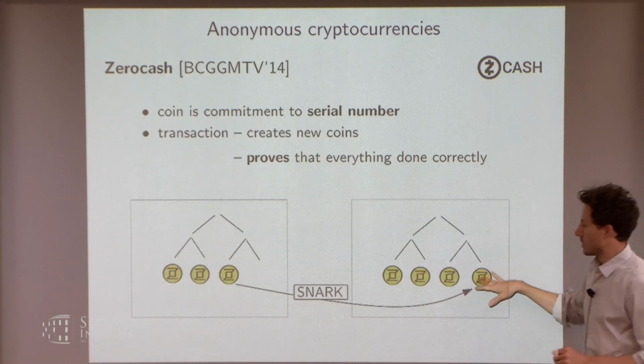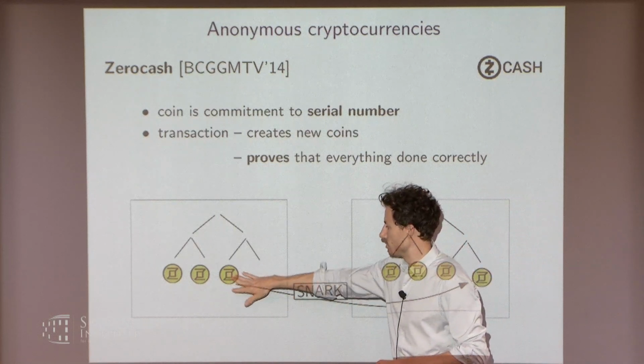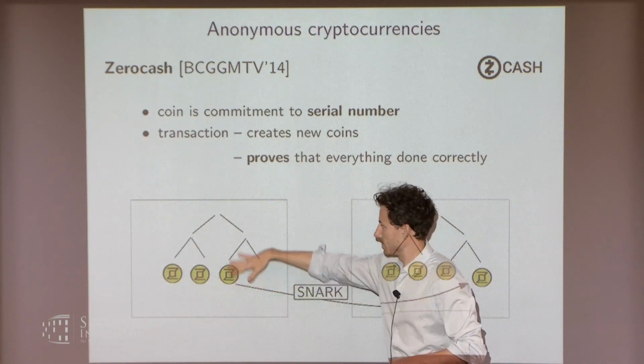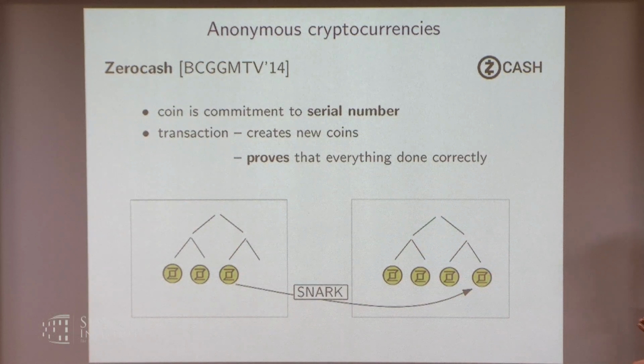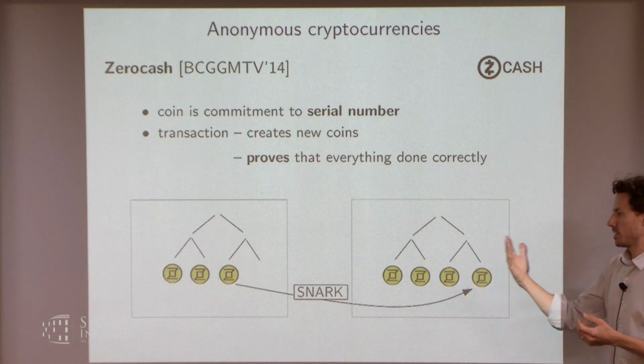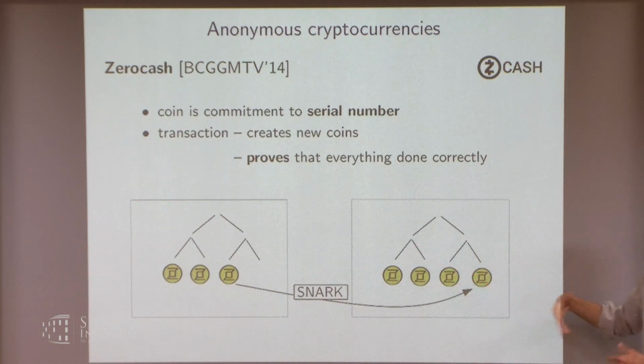And what you do is you prove that you actually knew the secret, that you spent a coin that existed in the old state of the system, and that the value you transferred didn't create any new money, that you were the owner, and so on. And you prove this by using a ZK snark. There's a list of coins that exist and a list of coins that have been spent, right? Yes, I come to that. Yeah, exactly.